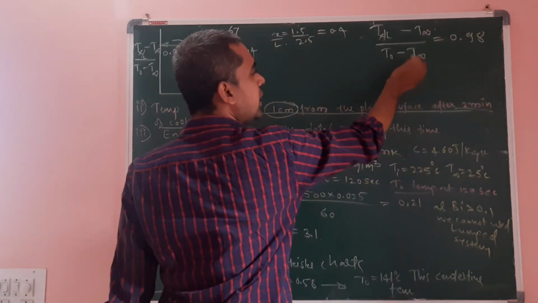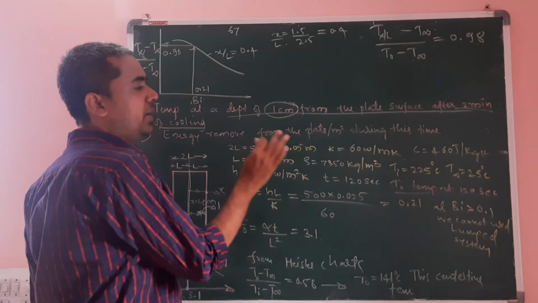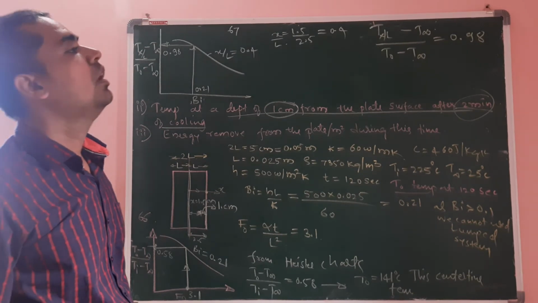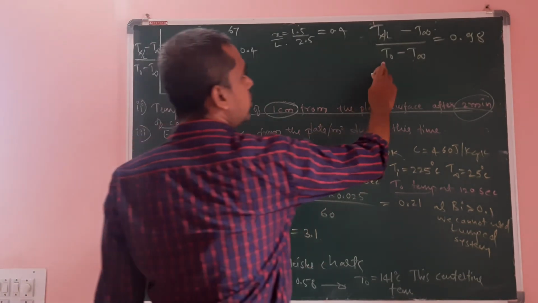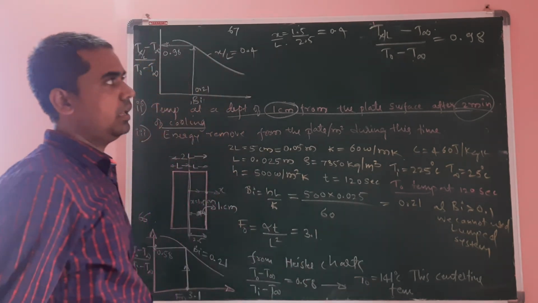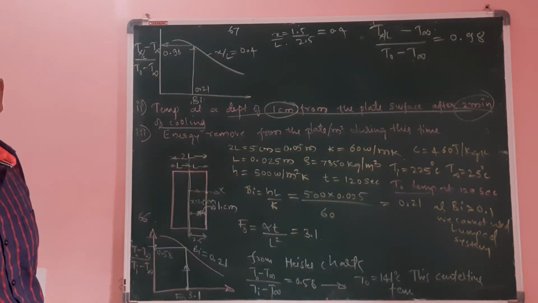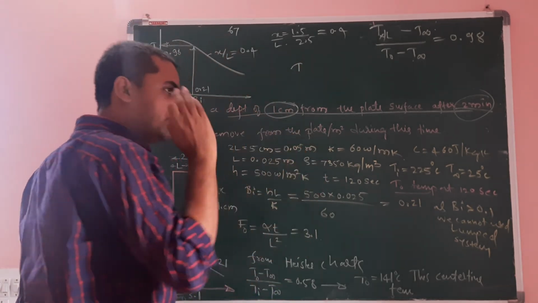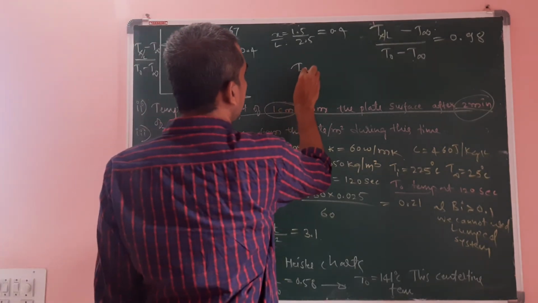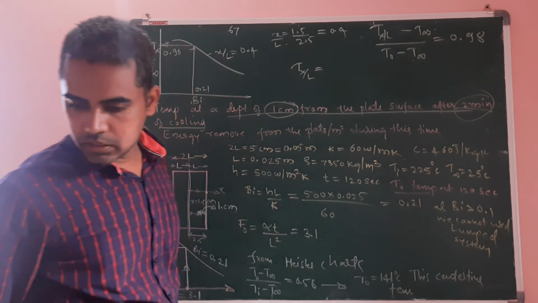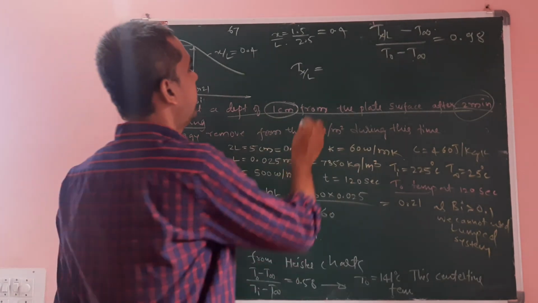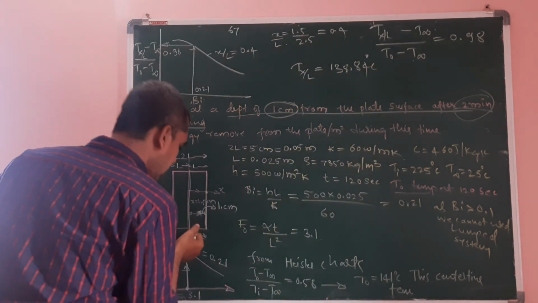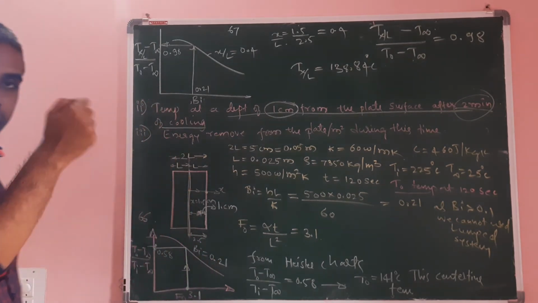Okay, you know T infinity, and you know T naught. What is it? Temperature after 2 minutes. Why is it 2 minutes? Because they have asked you to calculate the temperature after 2 minutes. If you substitute T naught, which you have calculated as 141, in this equation, you will get T at x by L, that is the temperature at a distance of 1 centimeter from the surface. You will get it as 138.84 degrees Celsius. You can see here it is a non-lumped system. Therefore, the temperature inside the plate varies with location.